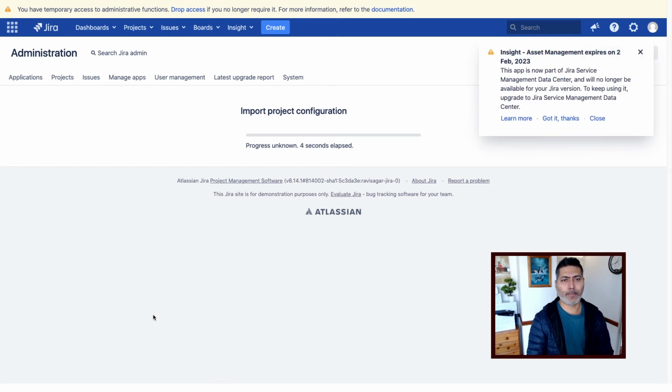And again, it will take some time, because it is creating the configurations, it is also creating all those necessary statuses and workflows and issue types. Basically, each and every thing that is required by those projects that we are trying to migrate. And because we are doing a full migration of those projects from source to target, I expect everything to be there on target. Things will be overwritten, I know, but I will also talk about how to resolve these conflicts